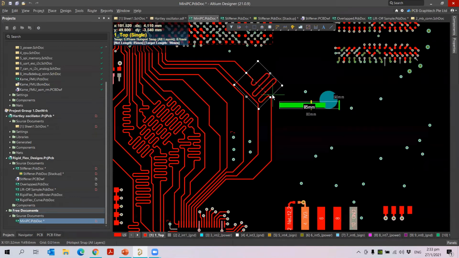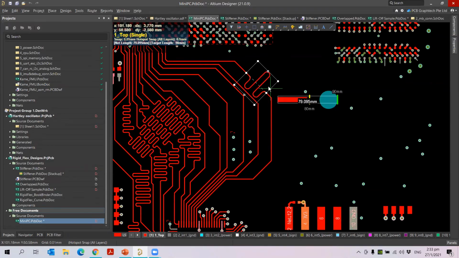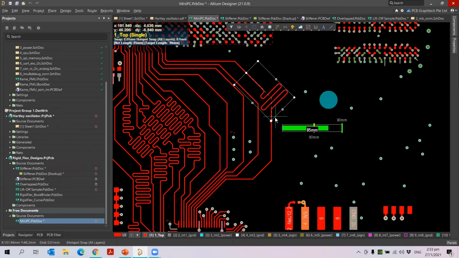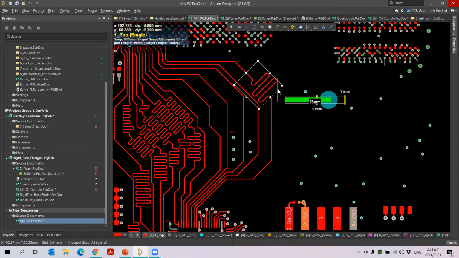If you want to increase or decrease the tuning size, you can press 3 or 4 on your keyboard. You can also change the shape of your miters using the space bar. Then you can use this 2 or 3 to adjust the size. Then you can see it comes to the corner also. Once it is done, you can just place it here.